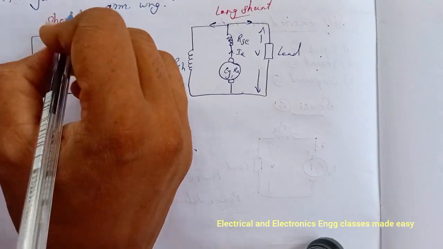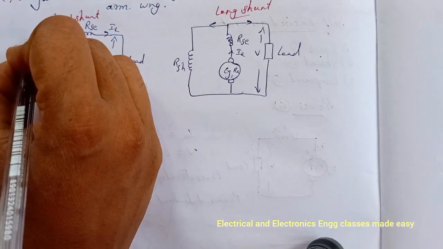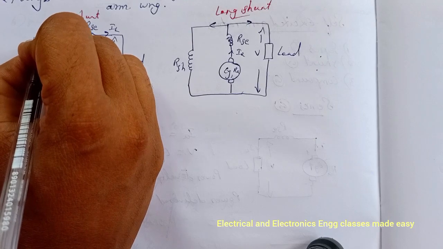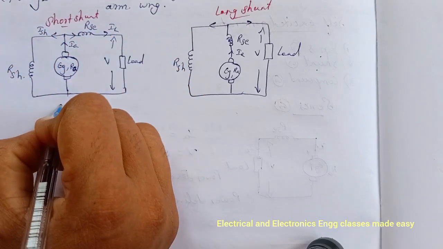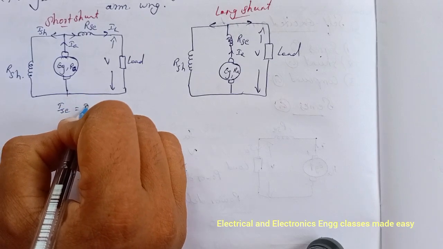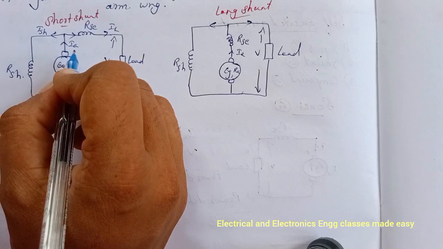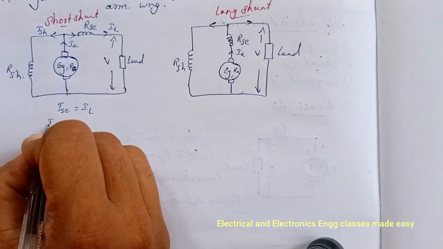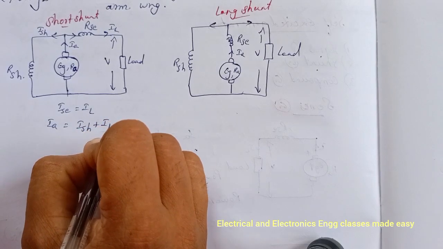Then let IL be the load current and this is the ISH. So here ISC is equal to IL, and here we can write IA is equal to ISH plus IL,